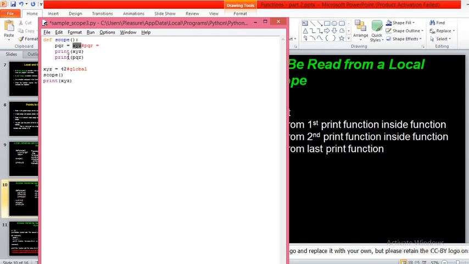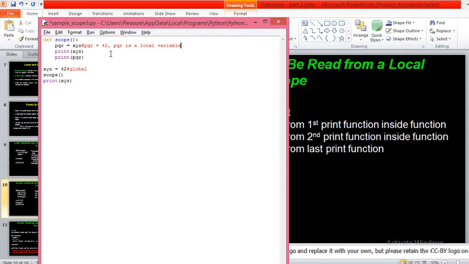Now the xyz value 42 will be assigned to pqr. But is pqr a global variable or local variable? It's a local variable.